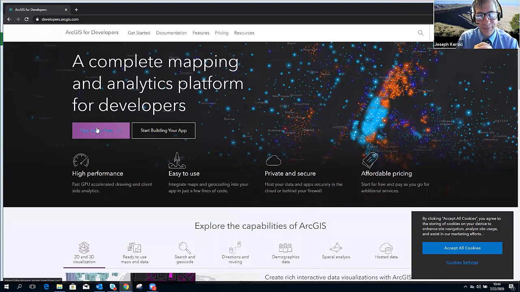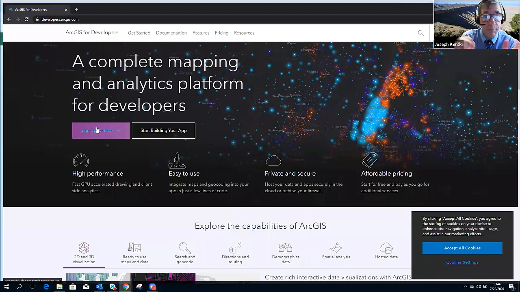You don't get unlimited credits in there. You can't geocode every water well in North America, for example, but you do have a lot of capabilities, and you do have all the analysis tools that anybody else would have. But even if you do have an account in your university or your nonprofit or your government agency, I still think it's a nice sandbox to have that other account. You can test some things out. Again, you can't run your own mapping company or your own business out of it, but it's really a sandbox